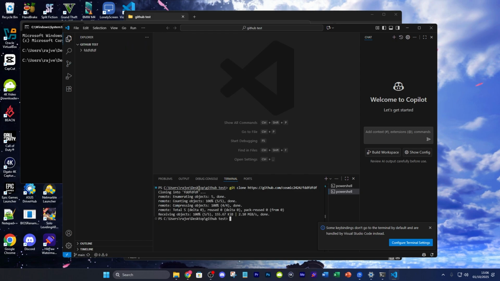And as you can see, it's cloning it. It's all done. And then you're going to see 100% and then done right here. Obviously, if you have a bigger project and a bigger GitHub file, it might take a bit longer, but